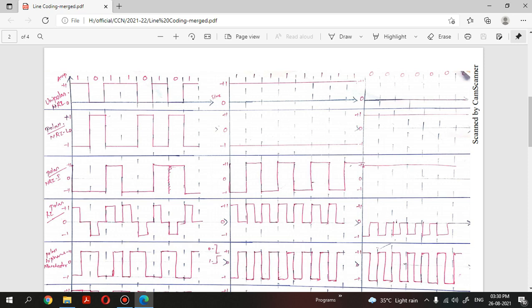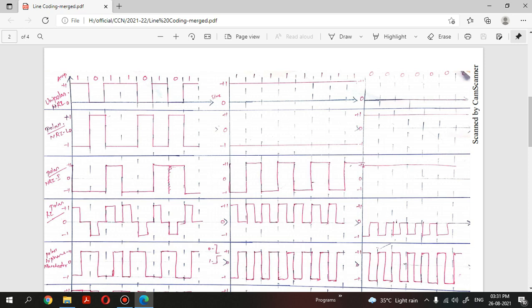So we need a mechanism that always has fluctuations in current, either high voltage, low voltage, high voltage, low voltage. We cannot force the user to always send data like 1010. So that should not be done, right? The user may send any data. For example, he may send consistent ones, more than 10 ones, 11 ones, and he may send consistent zeros, right? But because of consistent ones and consistent zeros, we should not maintain high voltage. So you need to choose an appropriate line coding mechanism so that we always have fluctuations in current, and that will be easy for the receiver to decode, right?